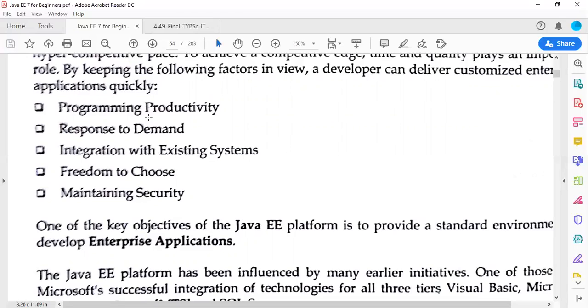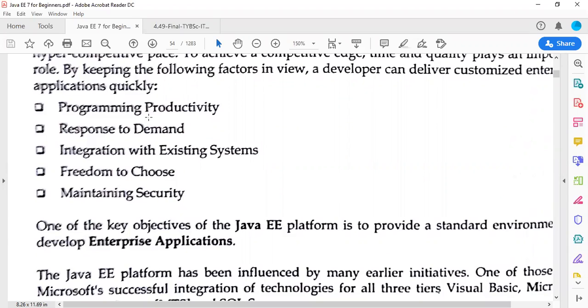Then integration with existing system. See, whenever I download a new version of a software, it incorporates the features of the previous version. Similarly, here it should be integrated with the existing system. Then we have freedom to choose what kind of component or service we want to use. Then the main important thing is maintaining security. Security is the main concern in this kind of thing.